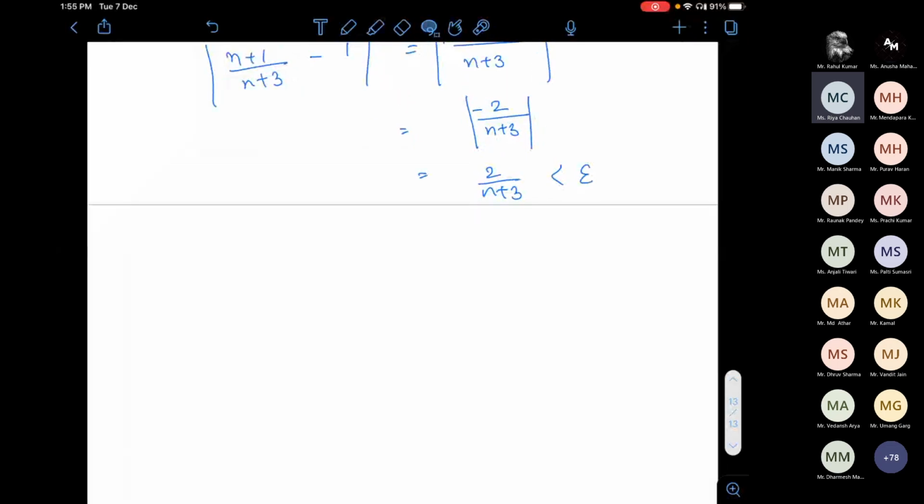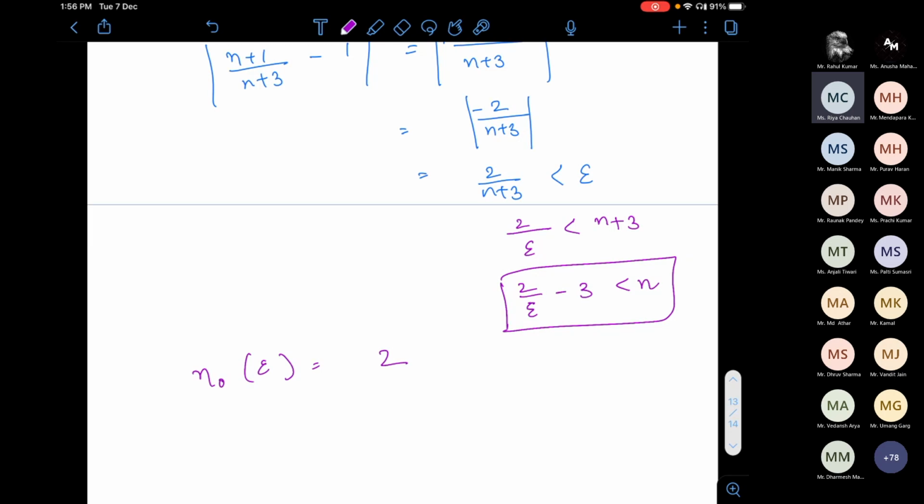Okay, so 2 over n plus 3 should be less than epsilon. Since n plus 3 is a positive number, I can write n plus 3 greater than 2 over epsilon, so n is greater than 2 over epsilon minus 3. Now there is no guarantee that this number 2 over epsilon minus 3 is a real natural number, so I will take n naught of epsilon to be